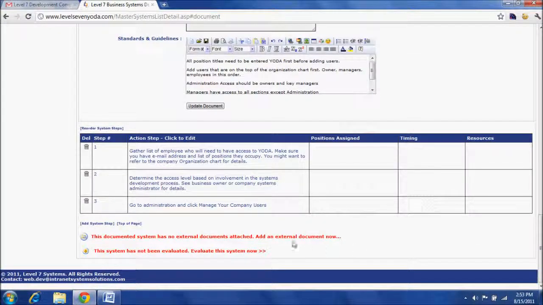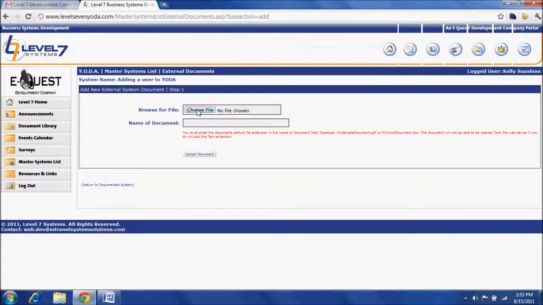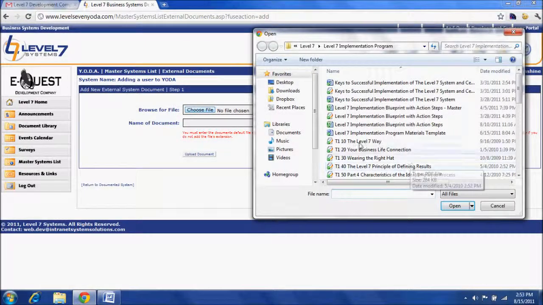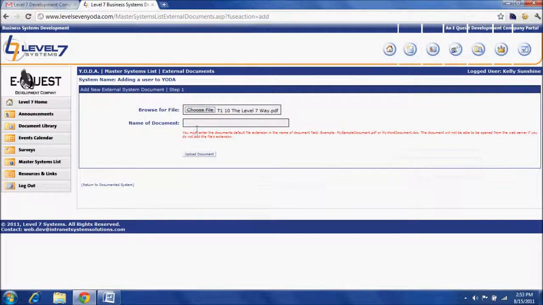Finally, if you want to add an external document to your system, that's pretty simple to do. Just click on the Add Your External Document, find the name of the document you want to add, hit the Open button. Now, when you enter in the name of the document,